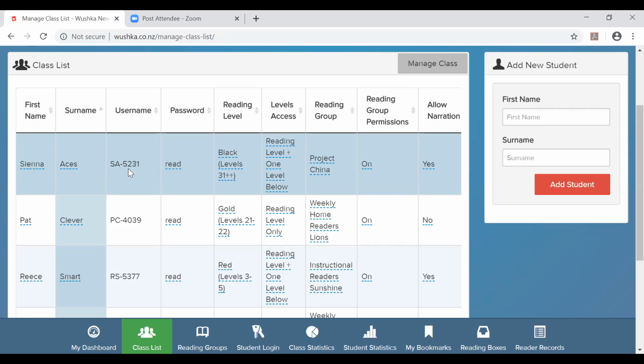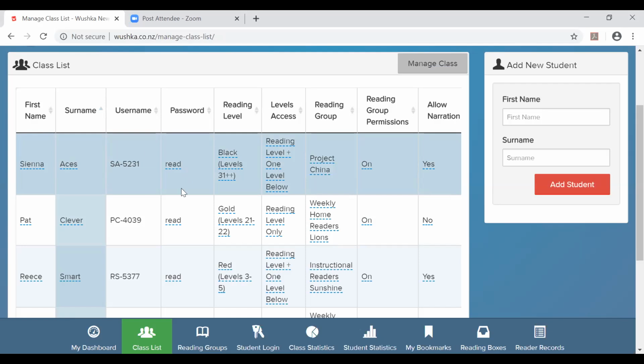You can see also that this code here does not have a dotted blue line underneath it, and that means that it's hard coded, and that's been system processed as the student's username. So all of the data for this student will be kept under that code, so that is not editable.